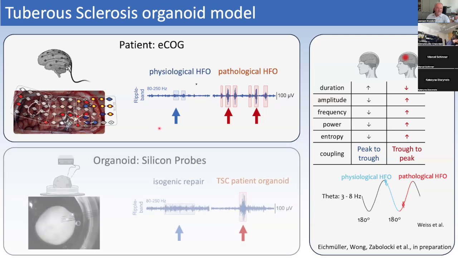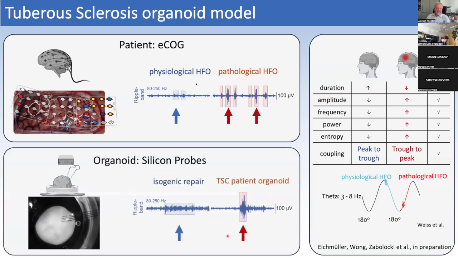So we did the same thing in organoids, and this is really a very small snapshot onto a huge number of experiments where we've compared a TSC patient organoid with an isogenic repair. And again, you can see that the oscillations have a much higher amplitude and they're much shorter. And so we can take all these quantitative indications in